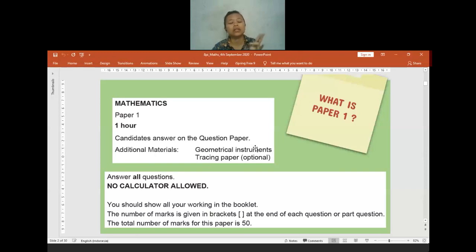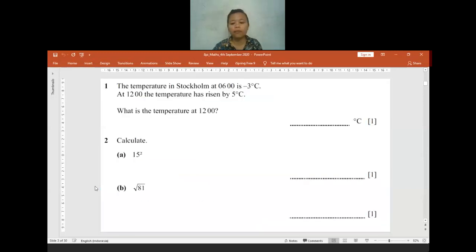I think it will be better if you start preparing the scientific calculator. If you continue school at an international school, later you will be taking IGCSE or IB, something like that. It will be needing a scientific calculator. So if you want to buy a calculator, better buy the scientific calculator. That's it. And then for paper 1, I think we can start the discussion.